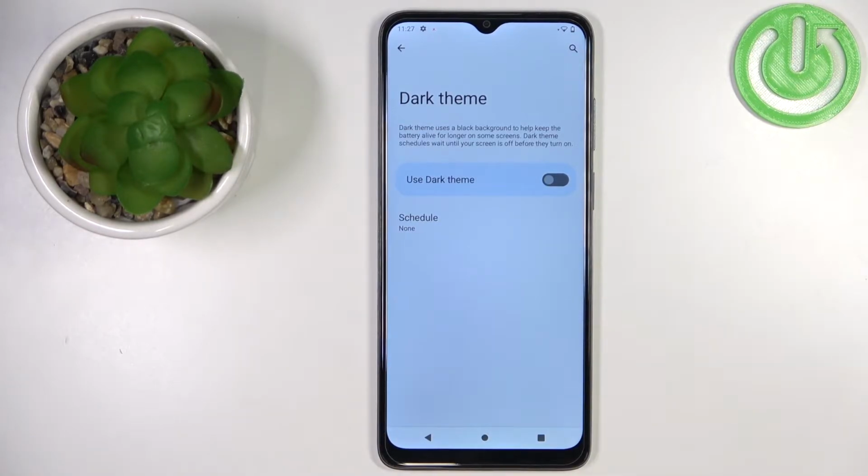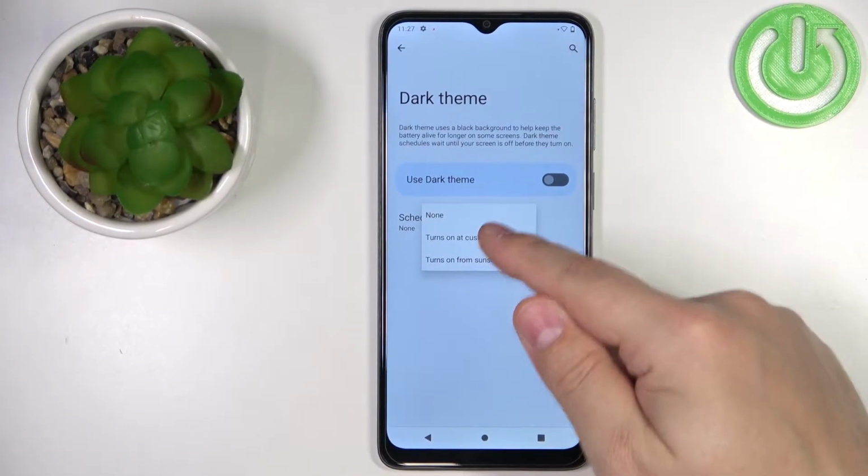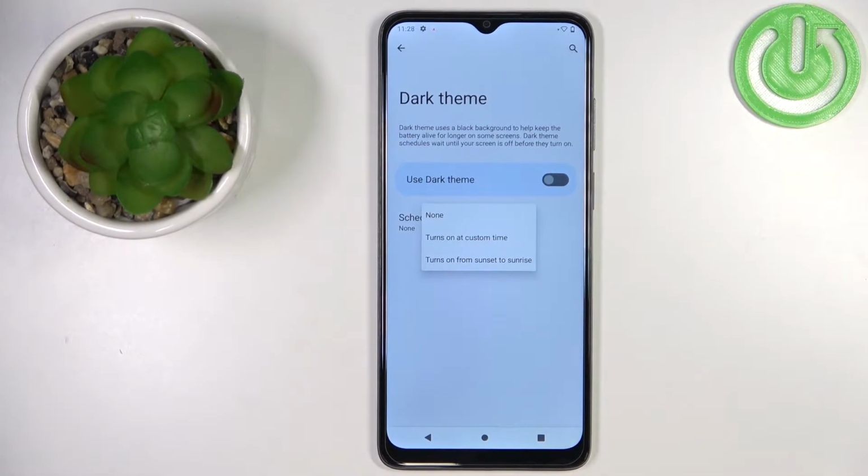a schedule for it. So basically when it should turn on automatically and when it should turn off automatically. So you can tap on schedule, and here you have two options, or three options rather. None, if this option is selected, you have no schedule. Then we have the turn ons at custom time. So if you select this option, you will be able to set the start time and end time according to